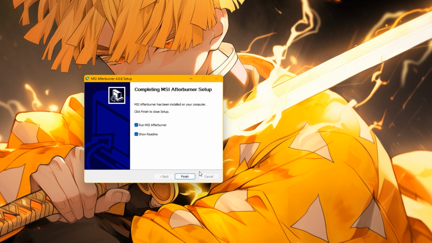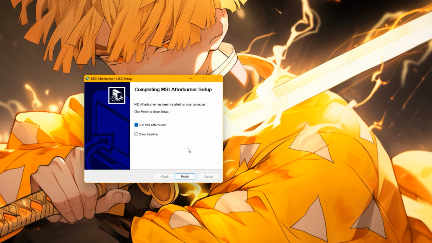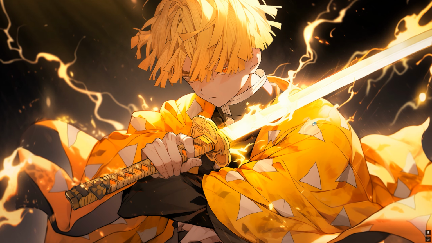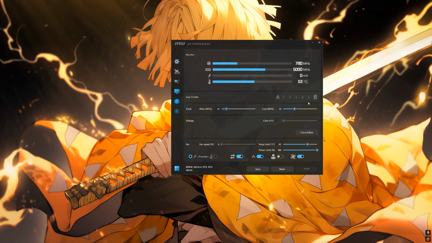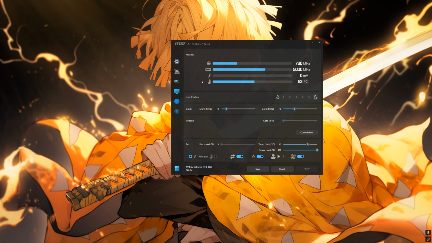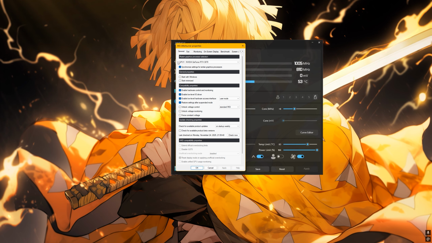I don't need the readme, so you click finish and then you run the MSI Afterburner. You don't need the readme and it will pop up. Soon as the Afterburner open, as you can see, the software is pretty different and modern now. I like that. What we want in this video is come here to the settings and then it will open